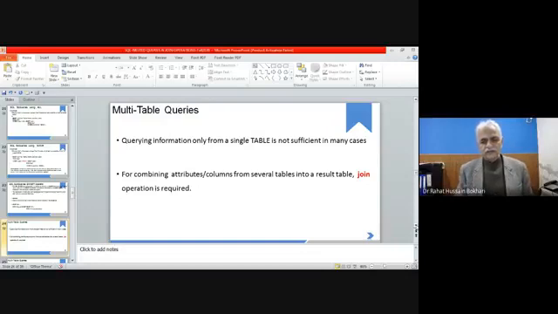Within that we have inner join and outer join. Within the inner join we have the natural join and equi-join, which we have considered. And furthermore, if you recall, in the very beginning we have to use some sort of Cartesian product, and after that we use selection, projection, etc. So we have to see how these should be implemented using multi-table queries.